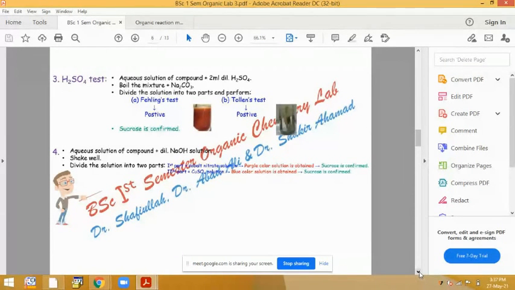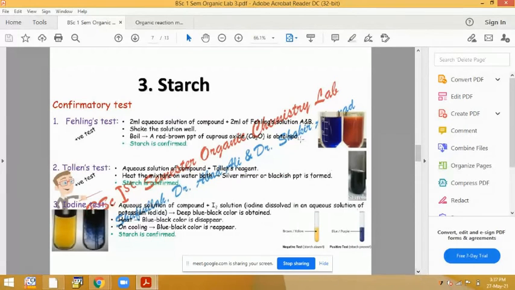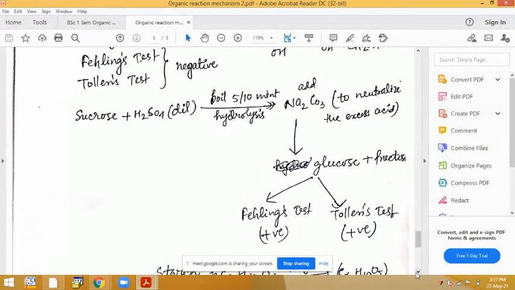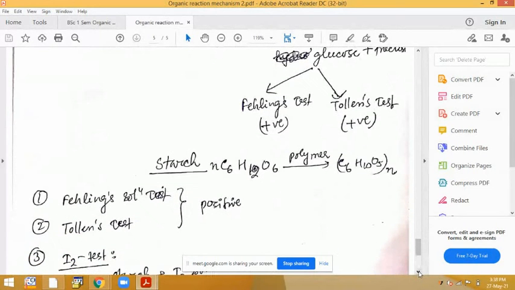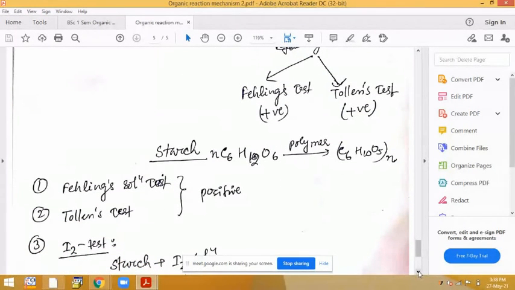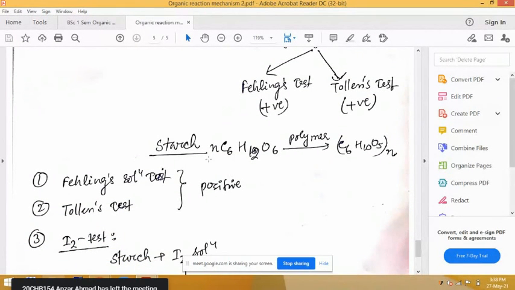Now for starch, that is your last carbohydrate compound, you know the starch structure is like this. It is a polymer of glucose. It can be formed like this: C6H12O6. If this is the basic structure of glucose, then you take n times, that is the polymerization happens, and it forms (C6H10O5)n. That is, one water molecule is lost, and it forms the polymer. So the polymer of this compound is called starch.